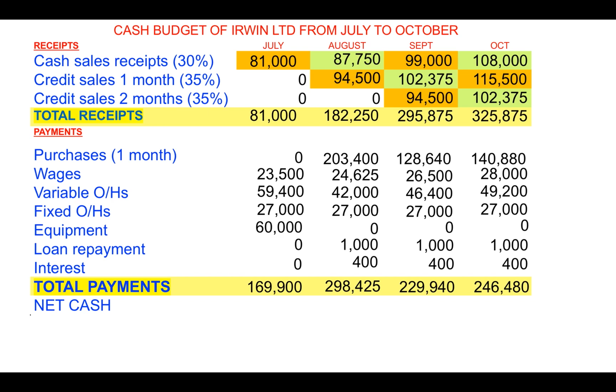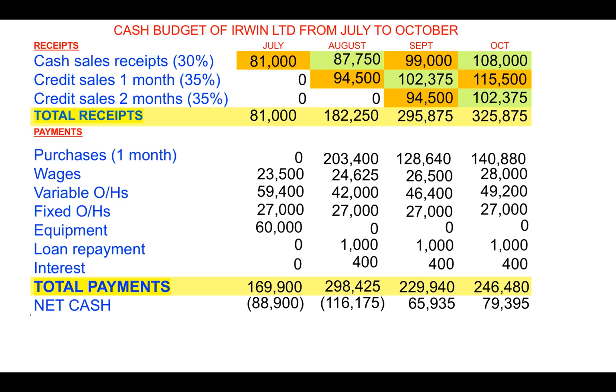Then we're going to work out the net cash. So net cash is our total receipts minus our total payments. So you'll see there the first couple of months we have negative, we have deficits there. So July minus 88,900, August we have minus 116,175. September we have 65,935, and October we have